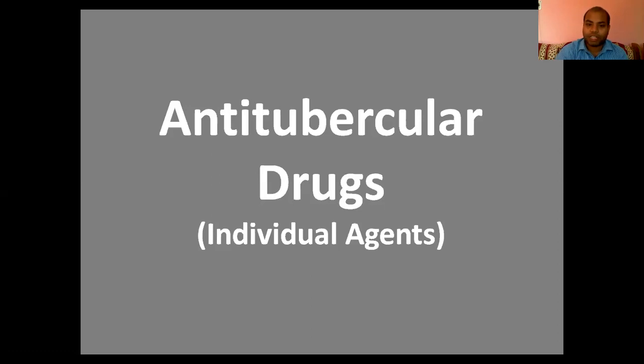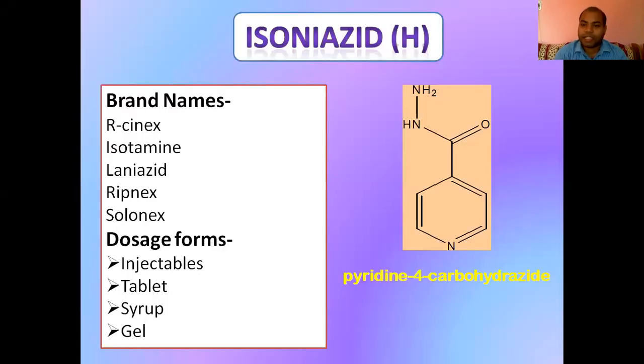In individual agents, the first agent is isoniazid, which is short termed as H. The structure of isoniazid is mentioned in your syllabus. It is a pyridine derivative. As you've seen, this is the heterocyclic ring pyridine. If we number the pyridine 1, 2, 3, 4, at this fourth position there is carbonyl, and